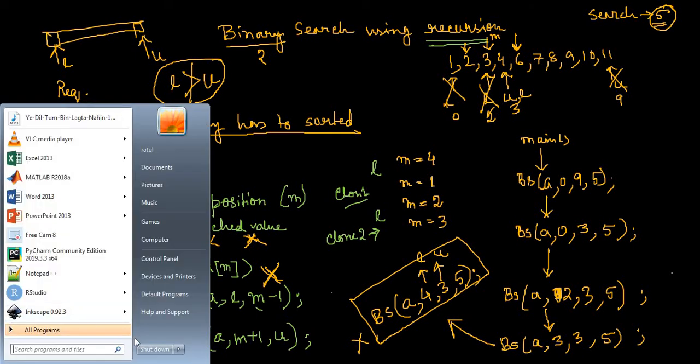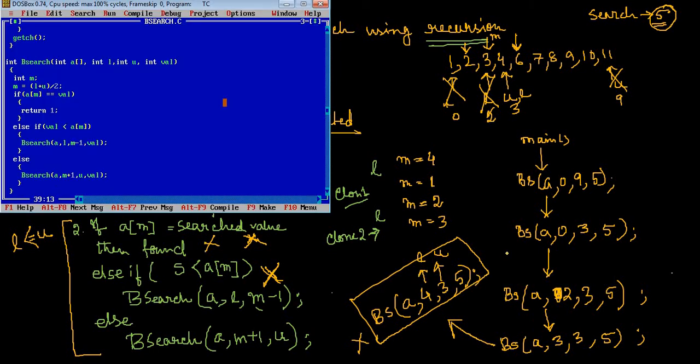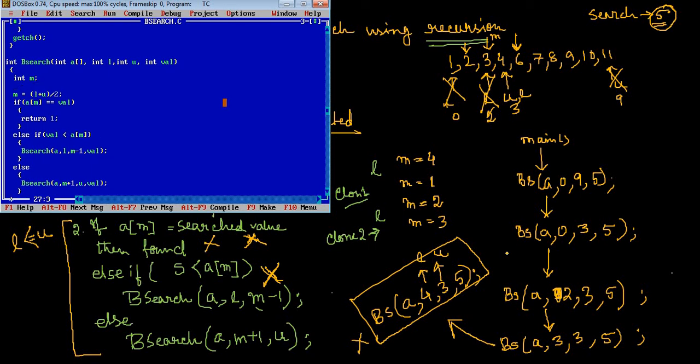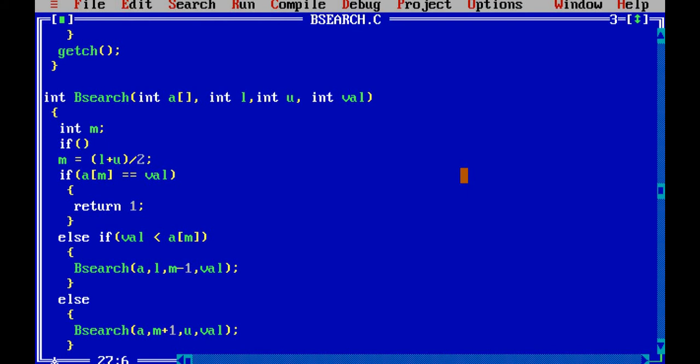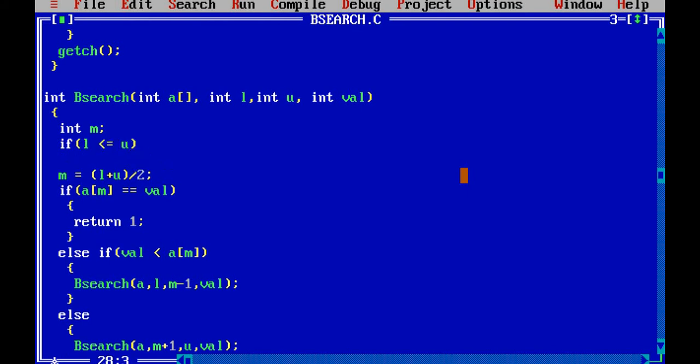Right? So that means if I write the code over here, I must write all this, that if L is less than or equal to U, then only you can say